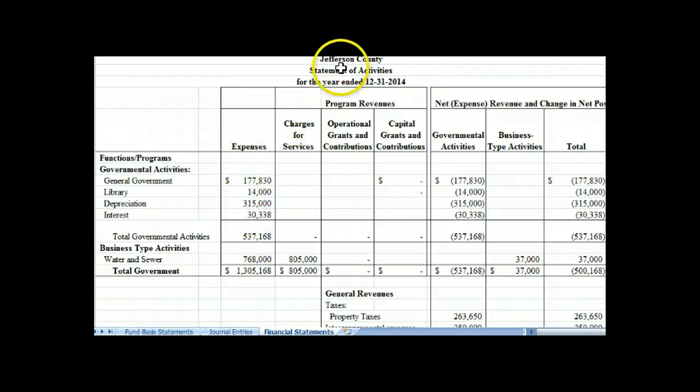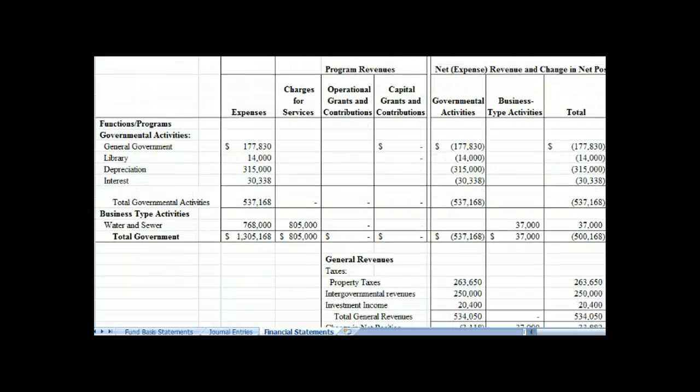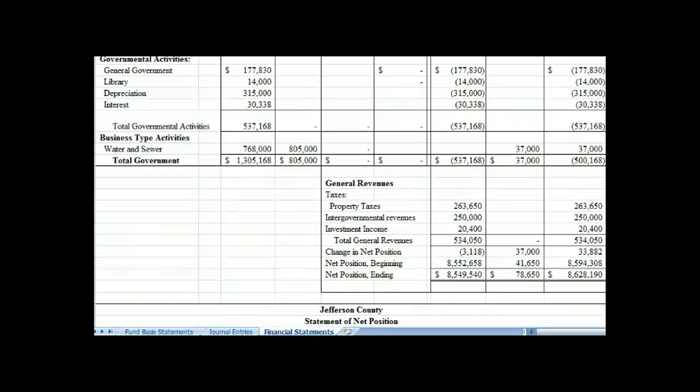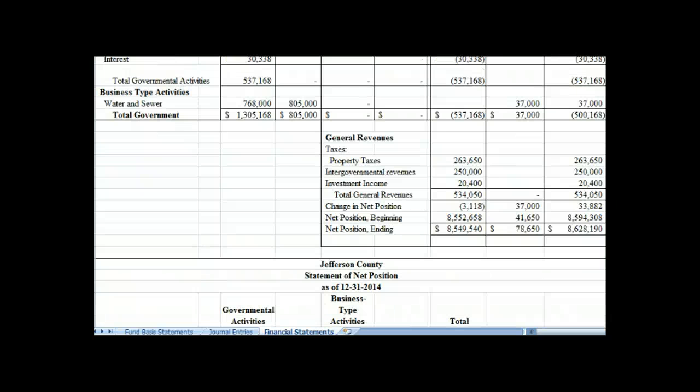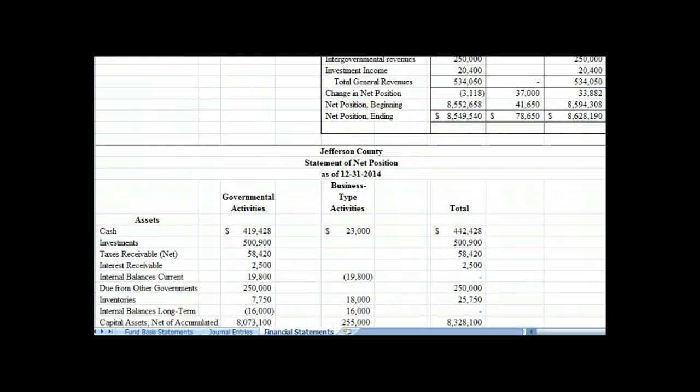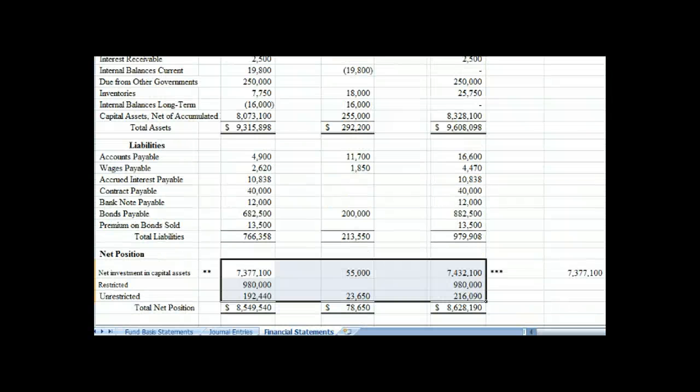The statement of activities is what you should prepare first. I'm giving you a screenshot of it so that you have it here to use as check figures. You should be able to pull these, like I said, off of the journal entries and the information that you already gathered. The only thing I did want to make a note of as you work on it is